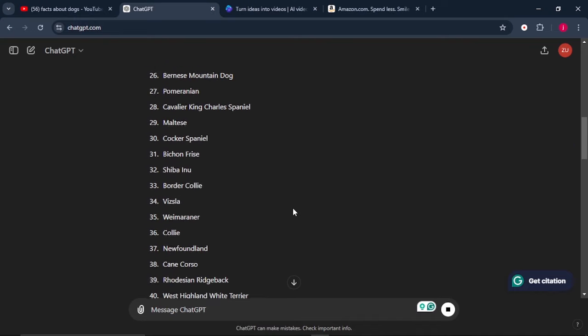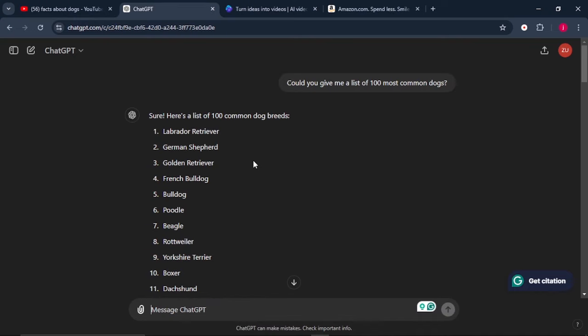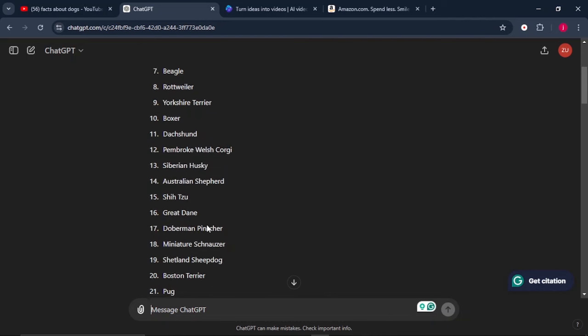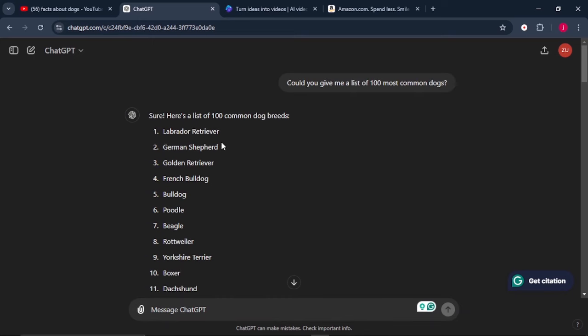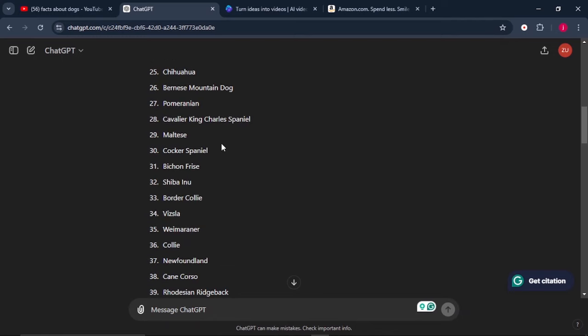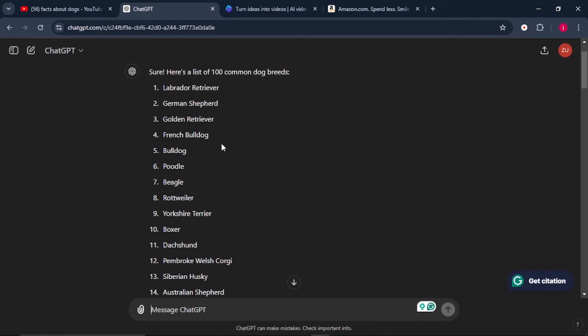When we observe carefully, we have the first one, which is the Labrador Retriever. We've got the German Shepherd, the Golden Retriever, the French Bulldog, and the Bulldog. So we have a list of 100 common dogs. And what we're going to do is create individual videos for all these different common dogs. And the way we're going to do that is we'll come to this website called